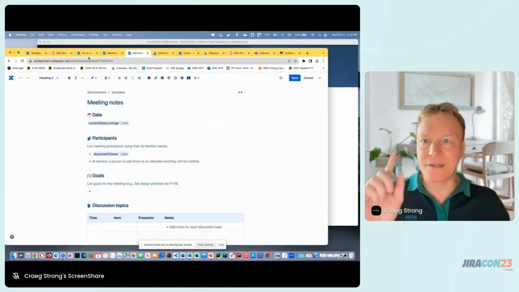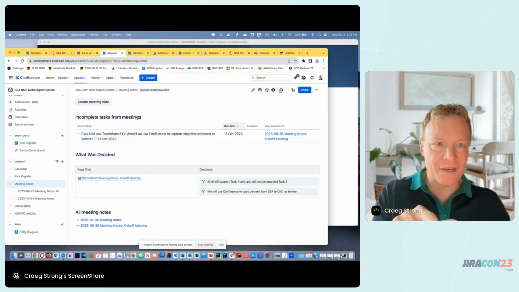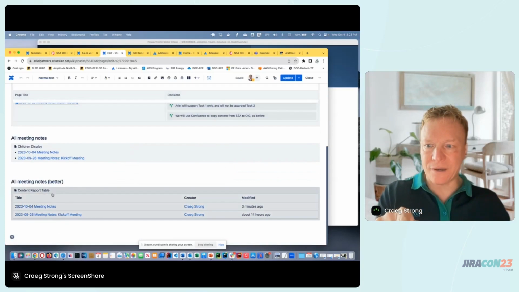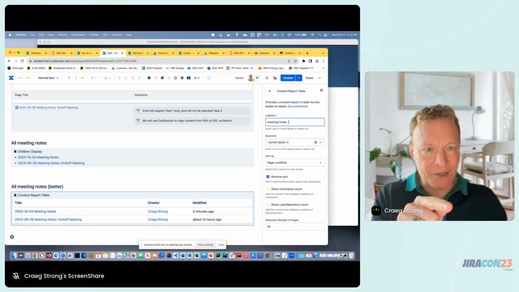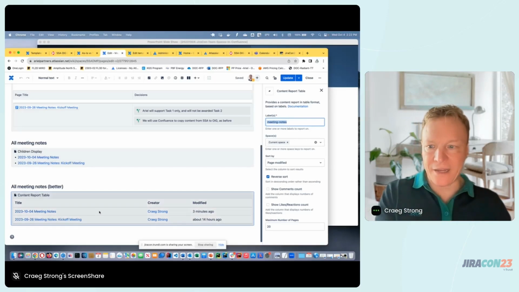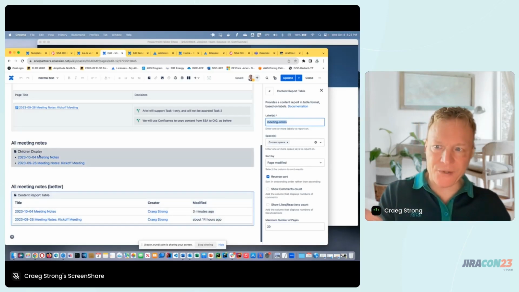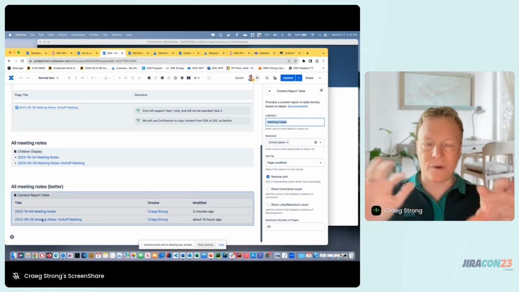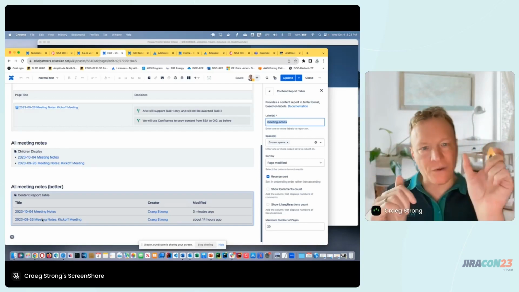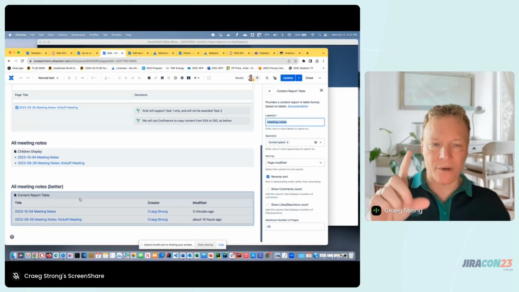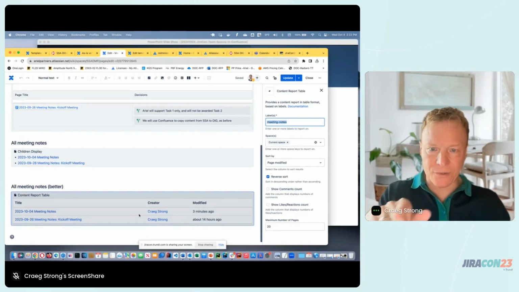So why did I do that? I did that because I can then use a different macro. So check out this new macro that I can use in the bottom called content report table. If you edit this macro, you can see that essentially it needs a label. And so this label is meeting-notes. And the nice thing about it is it's a little bit nicer display than just children display. And the other advantage is it will find these meeting notes wherever they are. They don't even have to be children, as long as they have that label in them. Now, I like to keep them as children just to keep them organized,